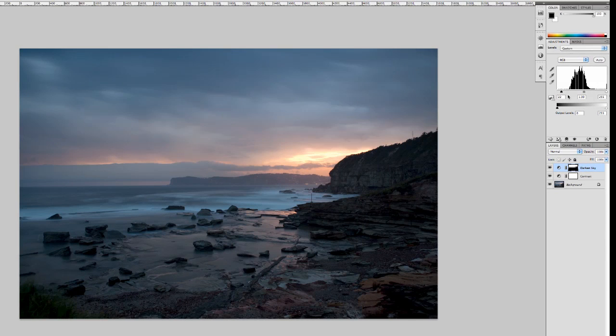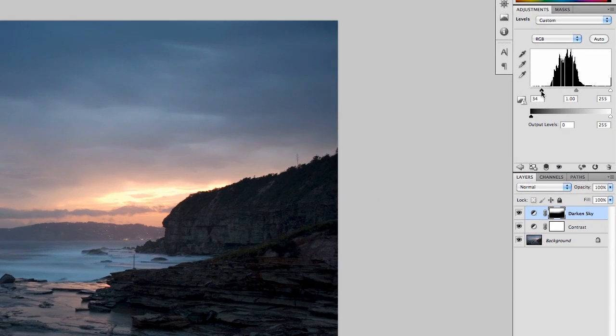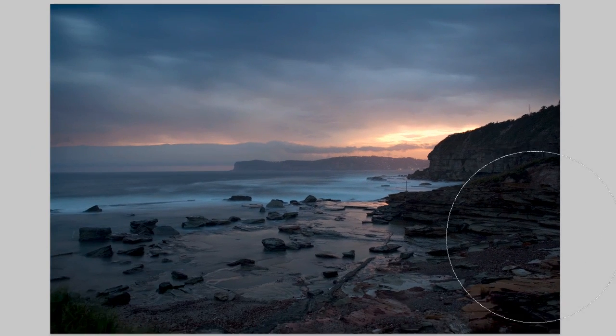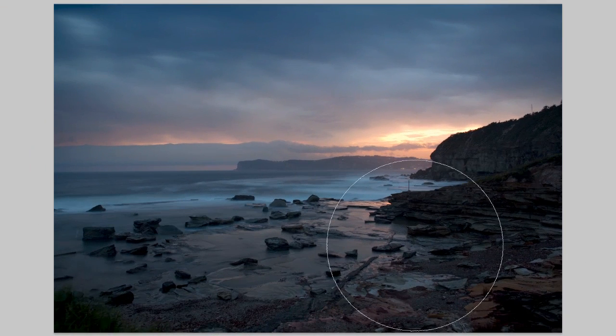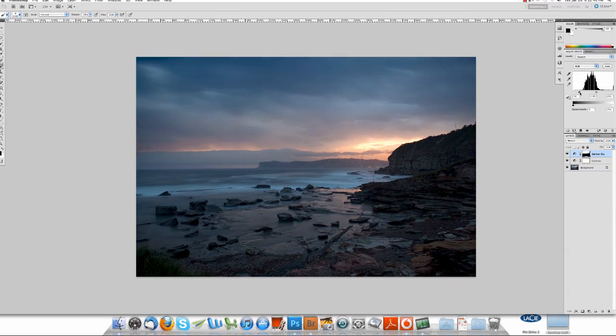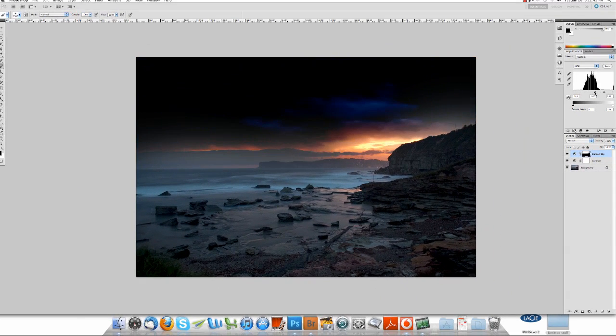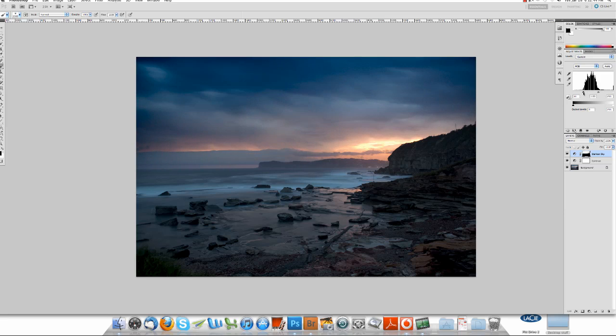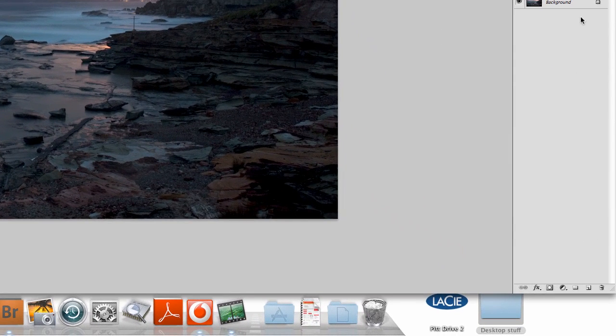You notice your histograms change. You can make it a little bit darker as well. See how because the foreground is masked out, you can change it. I mean, you can go really crazy and change it really dark, and it won't affect the foreground. So we'll just darken it up a little bit more. Okay, so we can do another